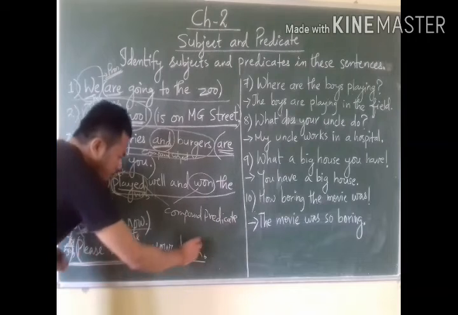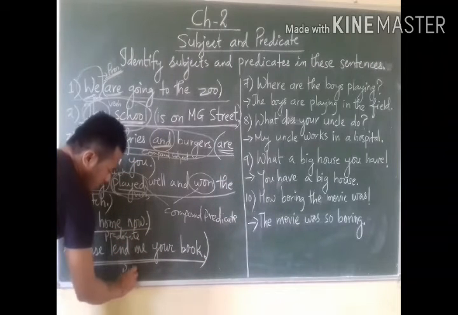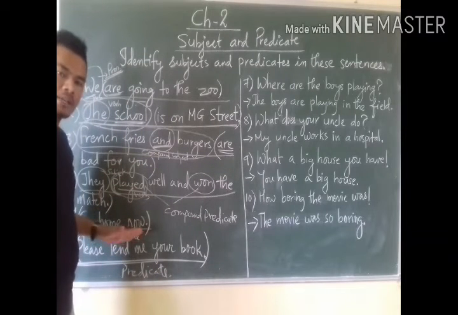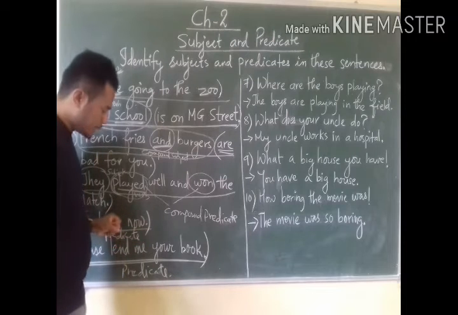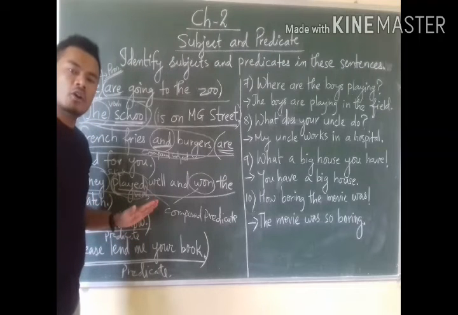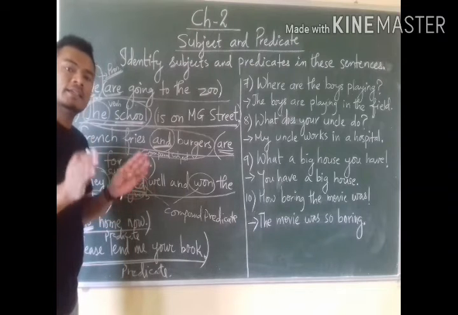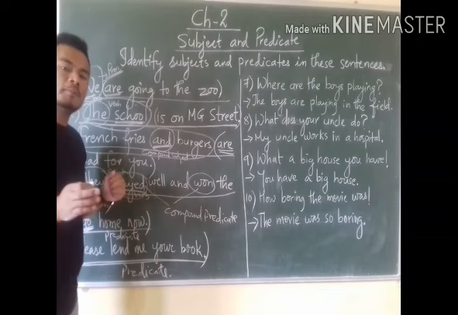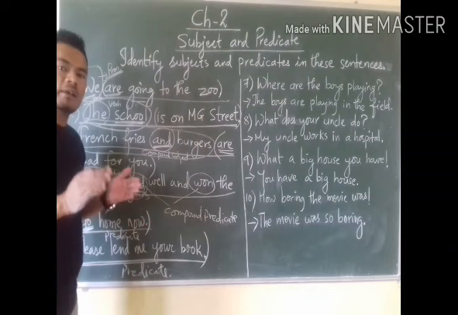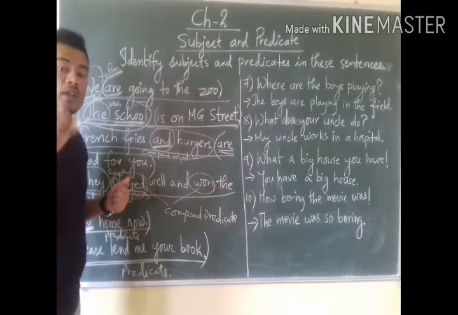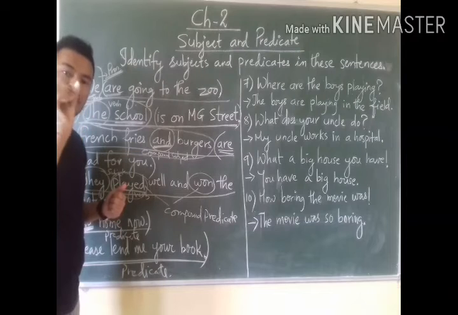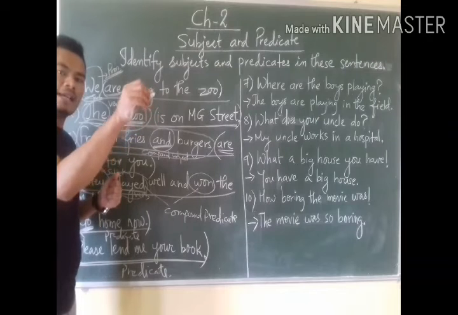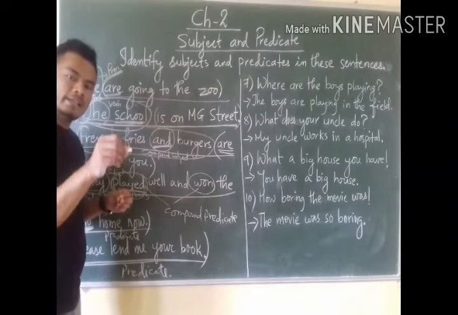And please lend me money. Please lend me your book. This is the predicate, completely predicate. Understood? In case of imperative sentences, is it clear? In imperative sentences, subjects are not written. Imperative sentences can be taken completely as the predicate. And in identifying subjects in imperative sentences, we have to understand you as the subject. We have to point out separately, in front of the complete imperative sentence, by writing in brackets (you), underlining it, and writing down subject.